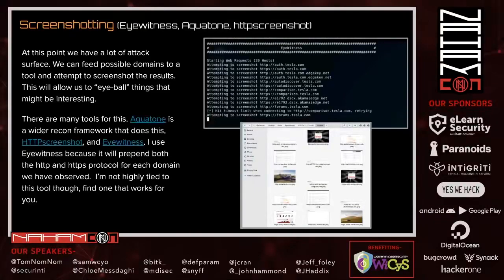But it can be helpful to prioritize your testing and your large list of attack surface that we've gathered by taking a screenshot via the command line. And so there's several tools that do this. Aquatone does this, HTTP Screenshot does this, and Eyewitness does this. I've used all three, and